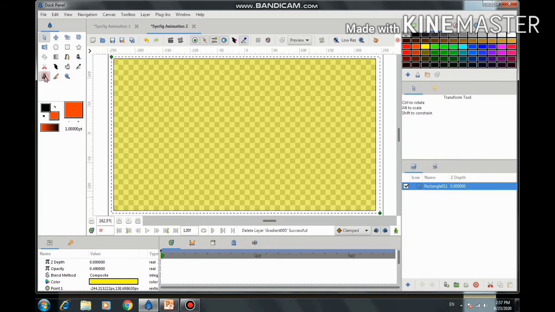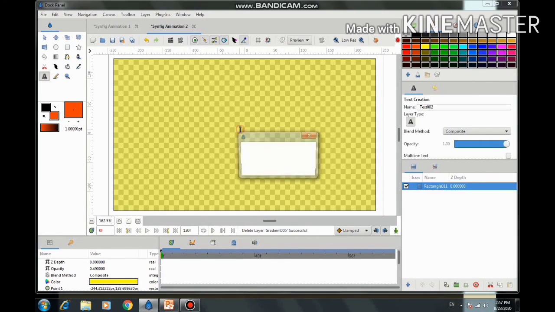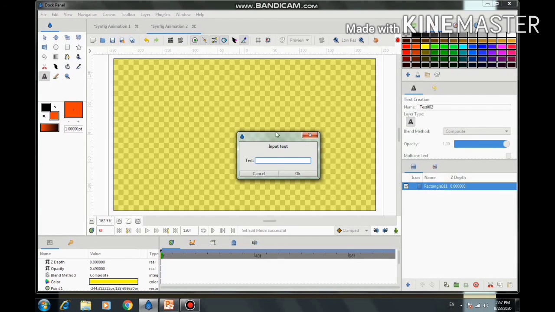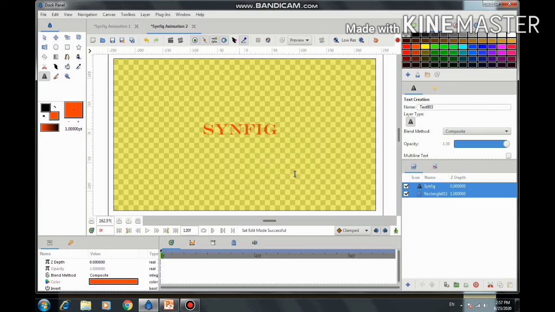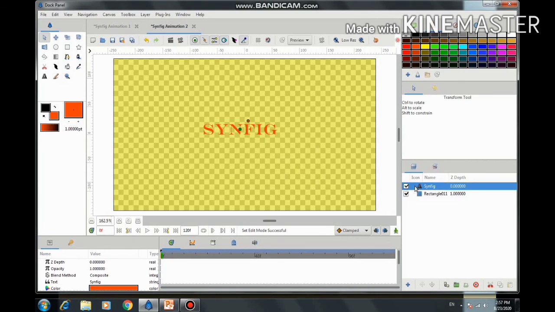Suppose I am selecting a text tool and clicking at the center, and automatically a dialog box is created. Here I am writing Synfig and clicking OK button, and you can see our text written Synfig is displayed over here. Now this is your position duck.